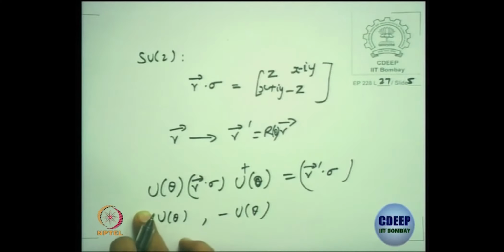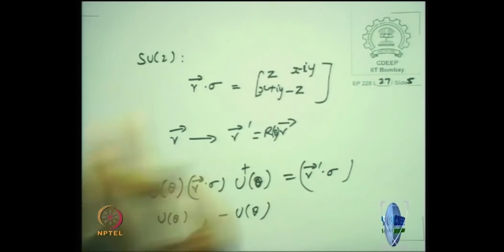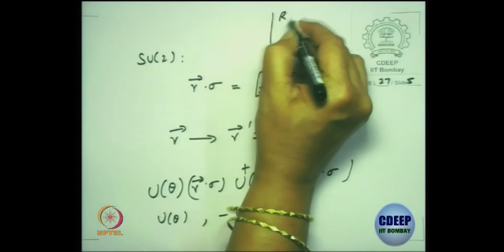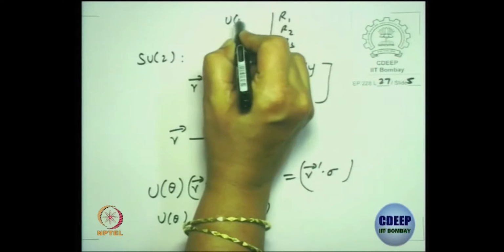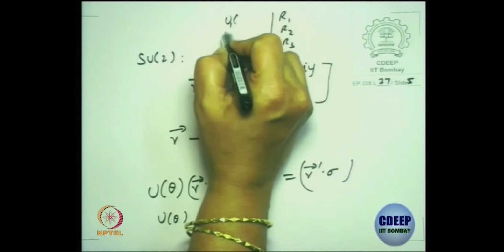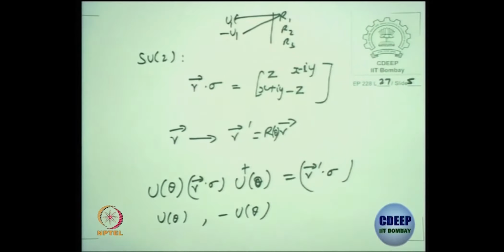It's a homomorphism. It's a 2 to 1 map. So, this tells you that it is not 1 to 1. So, if you write a set of R's, R1, R2, R3, you can have a U1 and minus U1, both of them correspond to this. That is the subtlety: the algebra is the same,